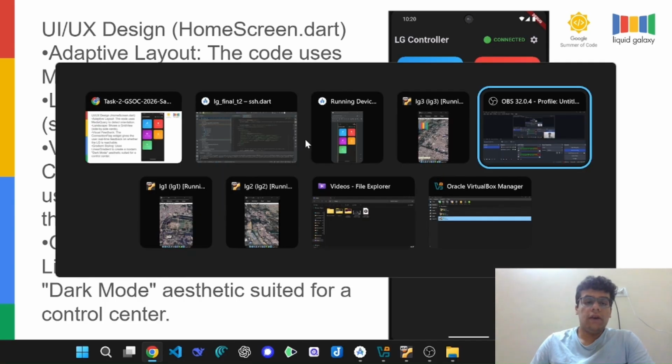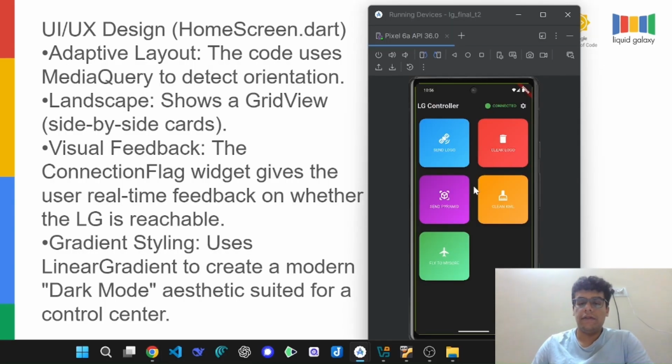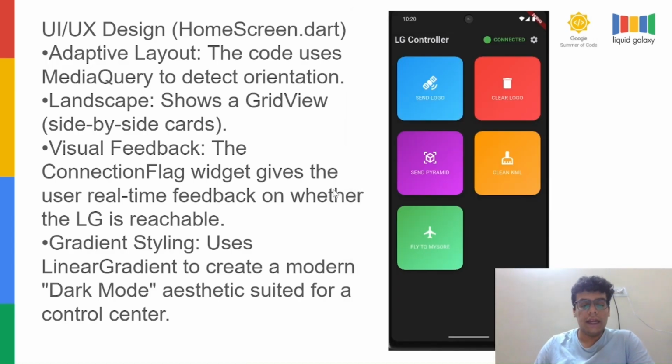So this is the UI UX design of my application. Let us briefly go through it. It uses media query to detect the orientation. It works both in landscape and portrait mode, and then it gives real-time feedback here on whether LG is connected or not. And then it uses dark mode, and then the widget, and then each of the buttons are gradiently